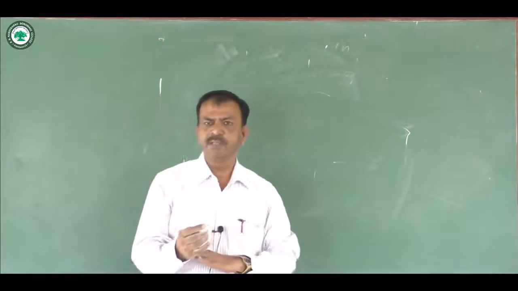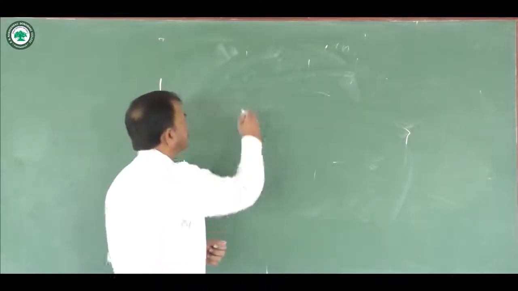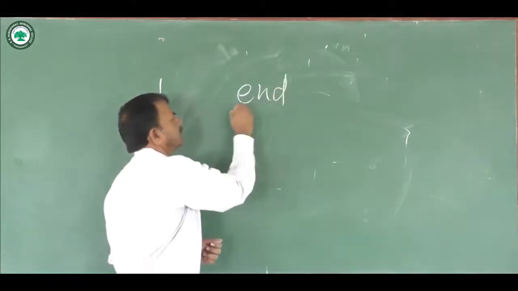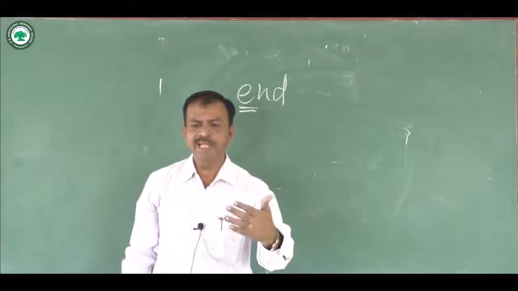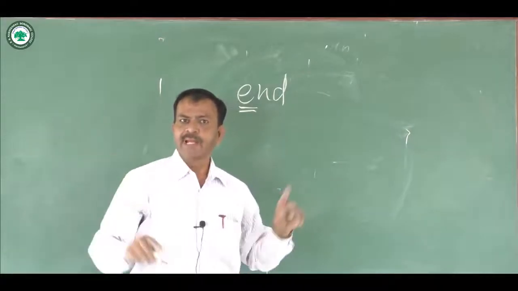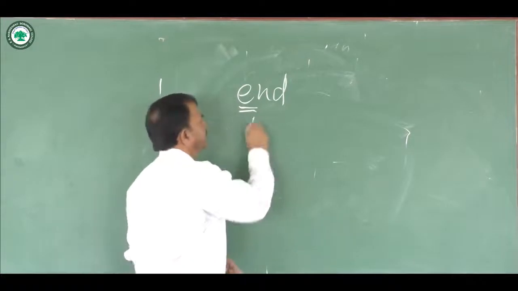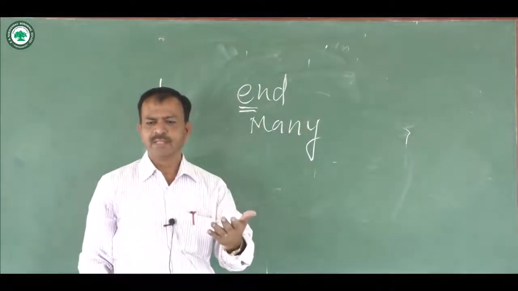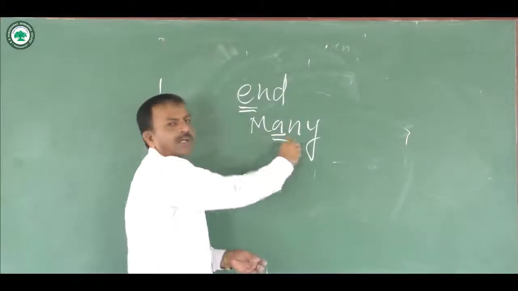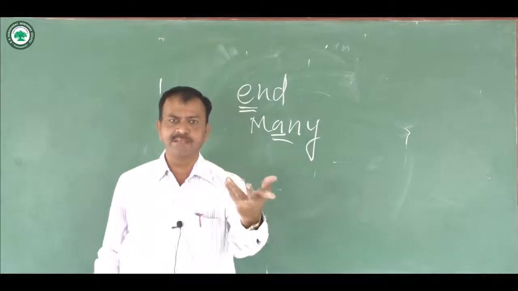For example, in the word end, here this letter E is pronounced as A. Okay, but in the word many,